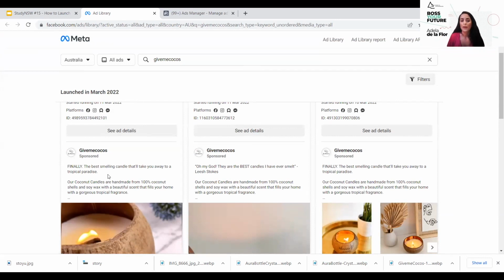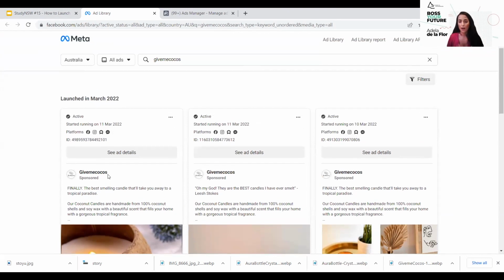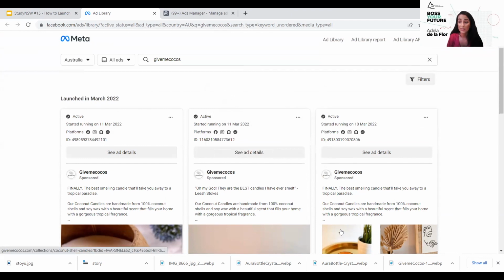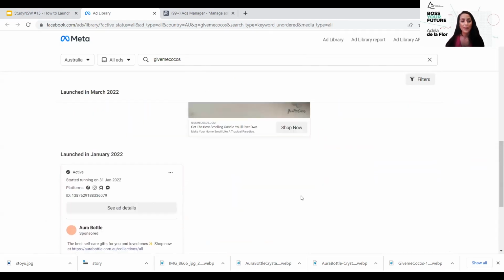Because, like, very recent ads, this one for example, has been running just a few days. We are testing either new audiences or videos or photos. So when we are testing, you're going to see the data of the date is more recent, so we don't have that much of a clear understanding of whether it's going to work or not. And then if you go